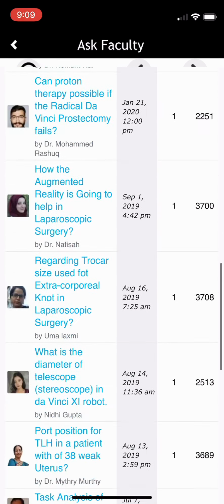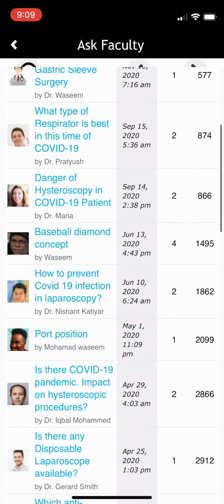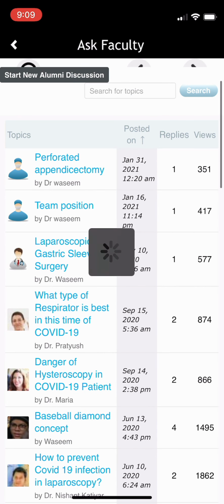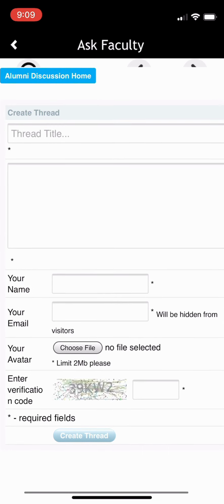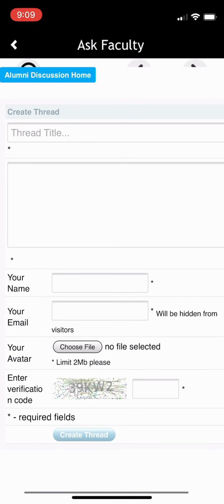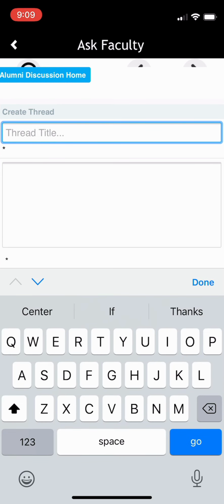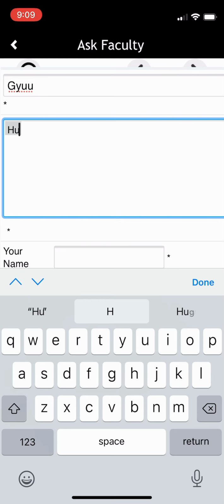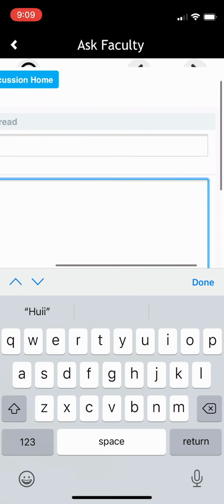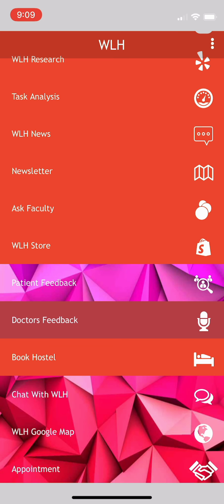That is very important. It is a type of forum where you can ask any question to our faculty. If you click it, you can type your name and then type your questions, and then you can just submit, and after that you will immediately get the answer, and you will get this answer in your email also, and you will get it at this forum also. So this is very important, and it is communication and interactive.